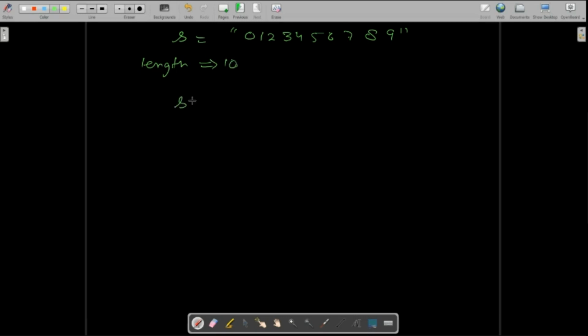Now I am saying S, start with 0. By default, the value of the end index, if we are not providing it, is nothing but the length of the string. And by default the step size is 1. Now I am saying start from 0, go up to the length and do the step size one by one. So basically it will extract,